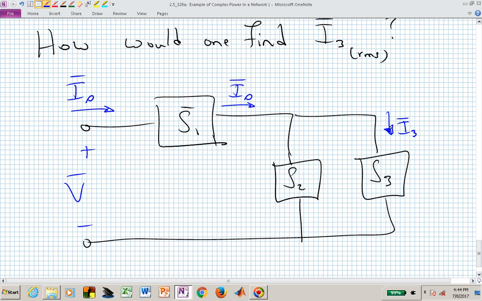We have a current division problem, really, but we don't necessarily have that information available to us. We don't have this in the form of impedances. So now we want to know what actually happens relative to I sub 3 and load number 3. And what we can do is start to say, well, we know this current. And what else would we need to know? Well, if we knew